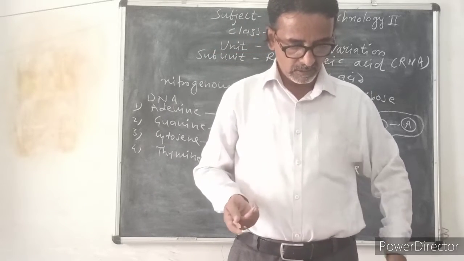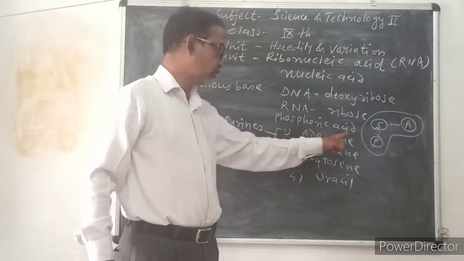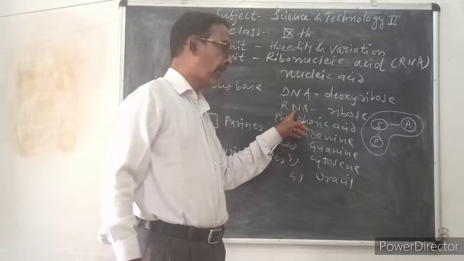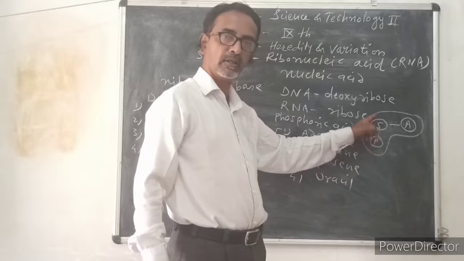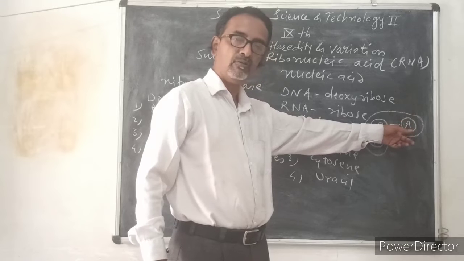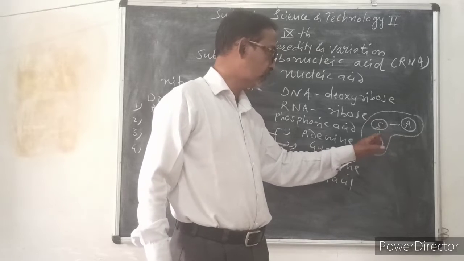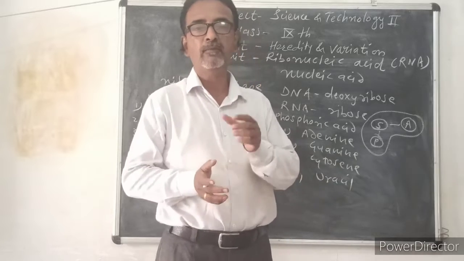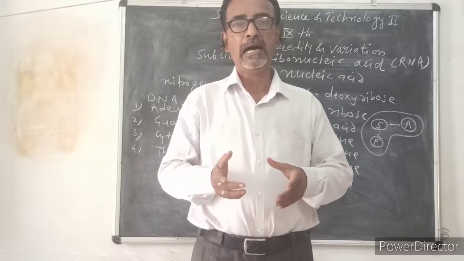Now we shall see types of RNA. These nucleotides combine with each other to form the macromolecule of RNA. One nucleotide means phosphoric acid and sugar, which are common, only the nitrogenous base is changed. Here it may have A, it may have U, it may have C or G, and so on. So all these nucleotides combine together to form a macromolecule of RNA. So that is the basic information of RNA.